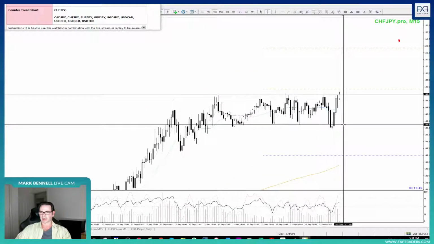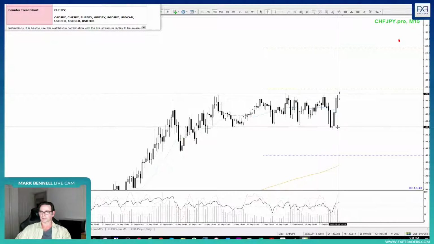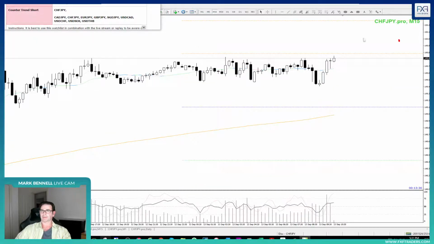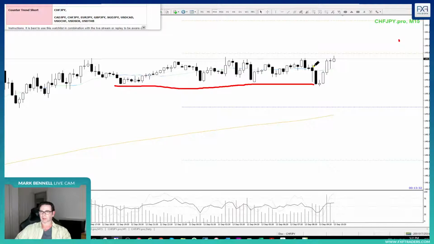So there's our shakeout through here. I was watching this here just before too. I was actually watching this to see whether we had just a couple of weak bars into here and then a roll through here, because look at the 20. I was going to try and get an early entry in there.